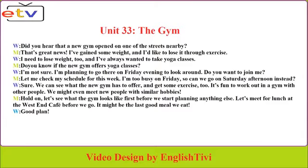Unit 33. The Gym. Did you hear that a new gym opened on one of the streets nearby? That's great news. I've gained some weight and I'd like to lose it through exercise. I need to lose weight too, and I've always wanted to take yoga classes. Do you know if the new gym offers yoga